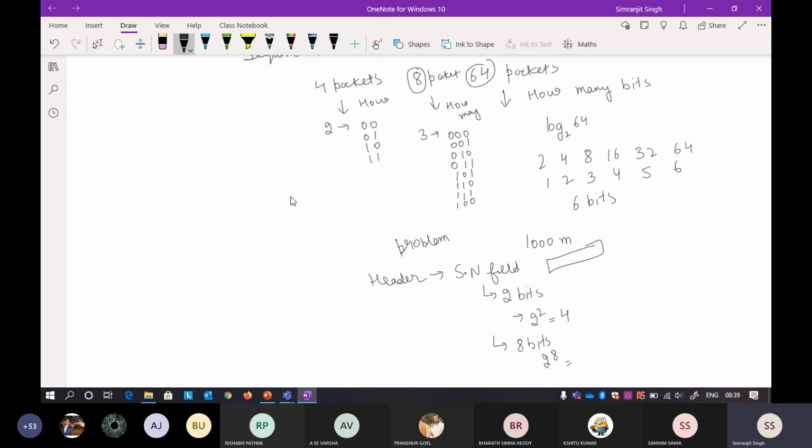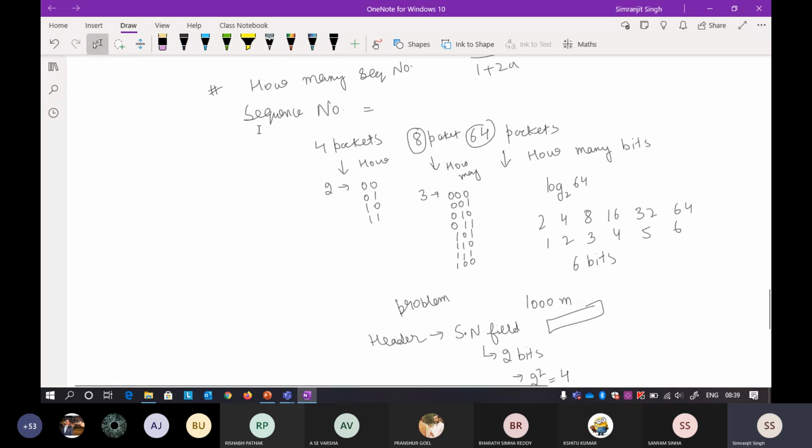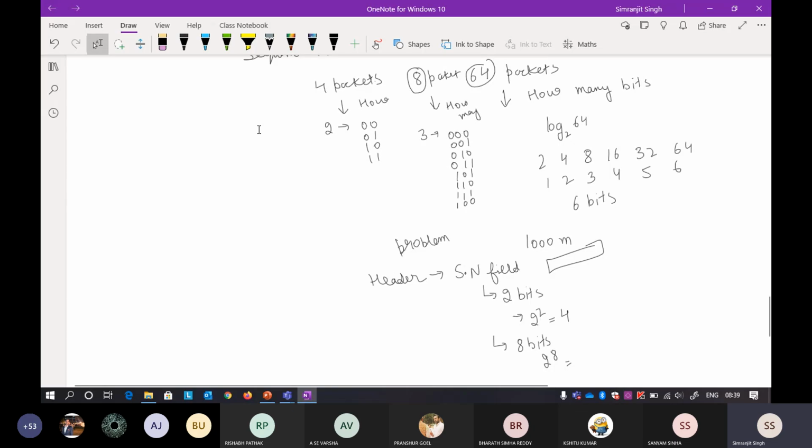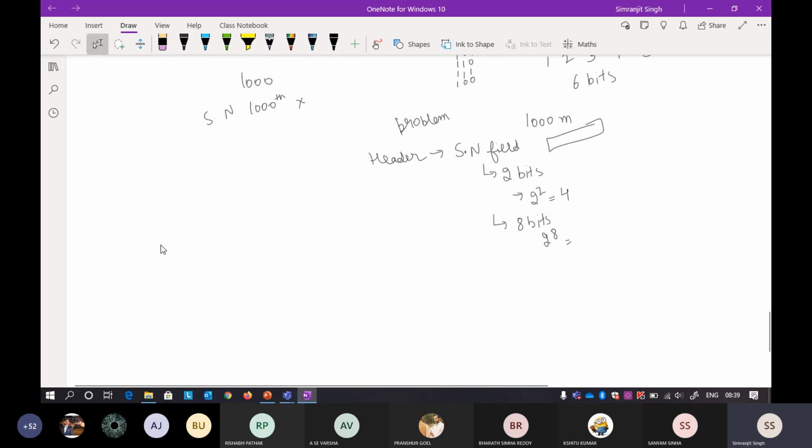Now how do we decide how much is too much? How can you decide what exactly the sequence number should be? First of all, I do not want the numbers to be in continuation. Suppose I want to transmit a million packets, I do not want the millionth packet to be numbered a million. If I want to transmit 1000 packets, I do not want the thousandth packet's sequence number to be 1000, because to represent 1000 I need considerably more bits. So now we have come to the solution.